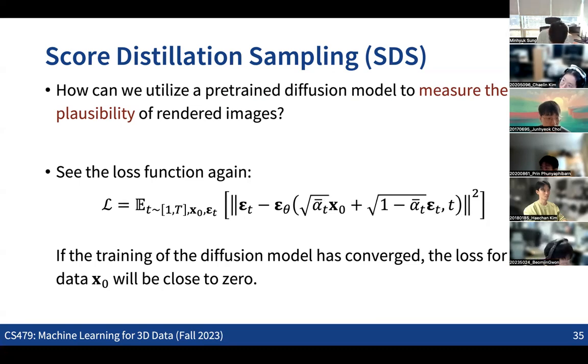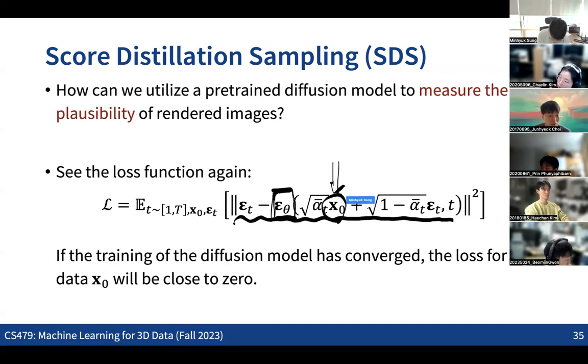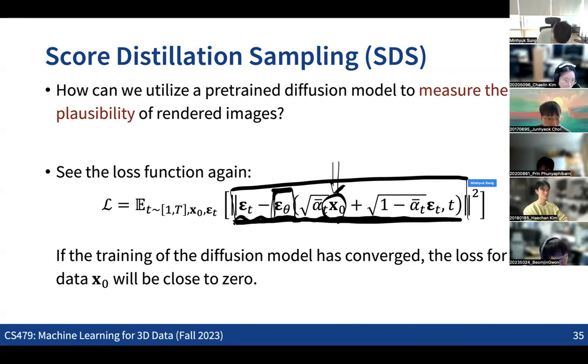So this basically means that if the noise predictor network has converged in terms of minimizing this loss, then when we have some realistic images here, we should be able to get a very small number, minimizing this loss. Which means that if the input image, the X0, is a realistic image, then the difference between the noise that we are adding and the noise predicted by the noise prediction network should be minimized, right?